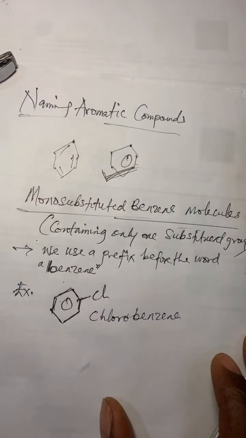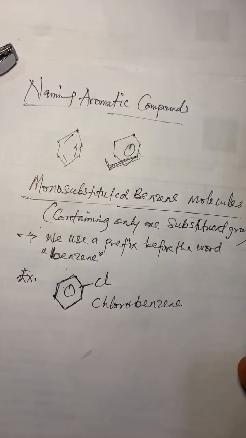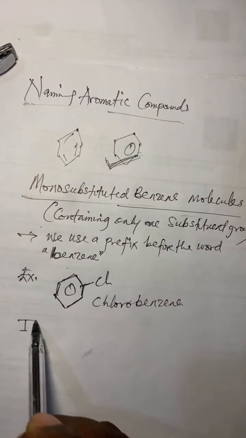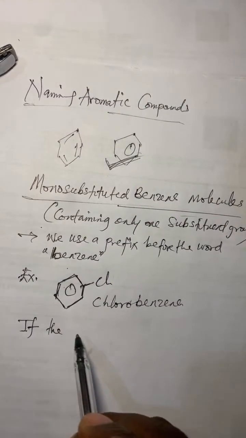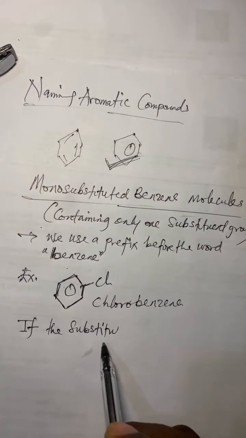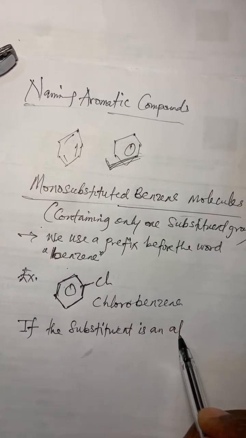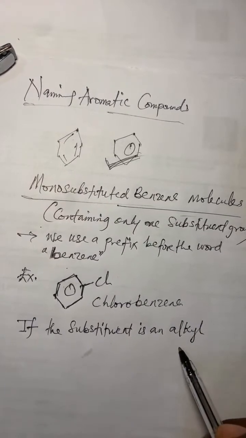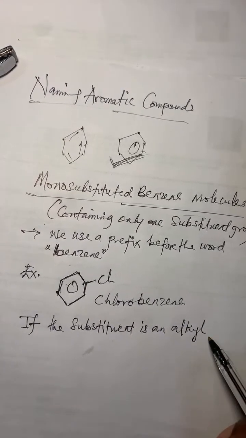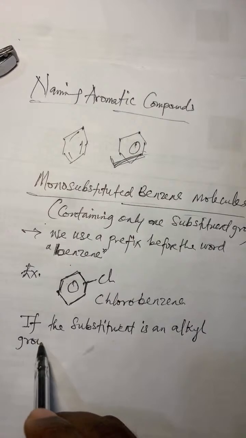Does that make sense? I've started the naming of compounds and it has to go with rules. Did you get it? So that's how we got chloro. But this is one thing I want you to know. Please write this down. If the substituent is an alkyl group, some people call it alkyl group, but I call it alkyl, whichever one you're familiar with, please use that one, but that's the spelling.